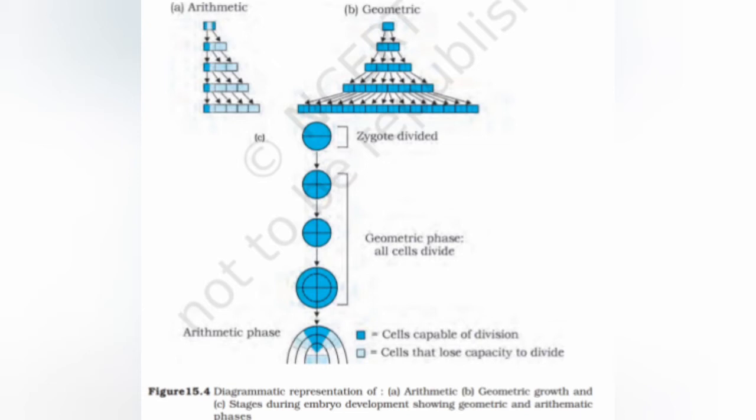Dark blue colored cells are capable of dividing, while light blue are fixed. In geometric growth, we can see a large number of cells very soon. In arithmetic growth, we can see the growth is in a limited way. But the third one shows both: first of all, the zygote divides into two cells, then four, and out of the four cells, only some are capable of dividing continuously and some lose the capacity to divide, and